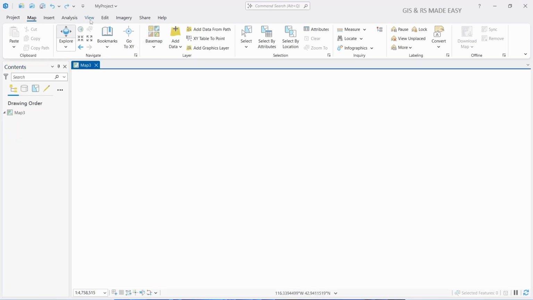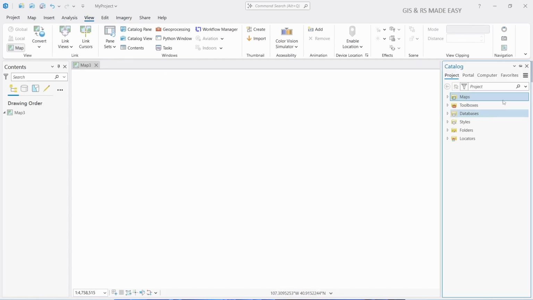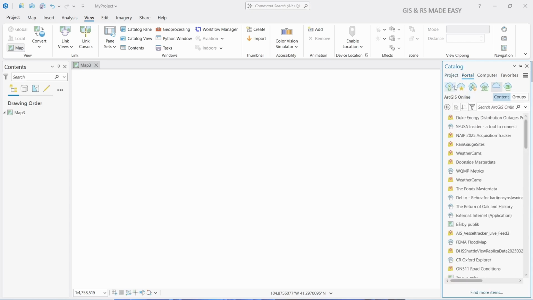First, go to View and then Catalog pane. It will open our catalog pane in the right side usually. And then go to Portal. And under the portal, you will find ArcGIS Online. Click on this. Now let's search here